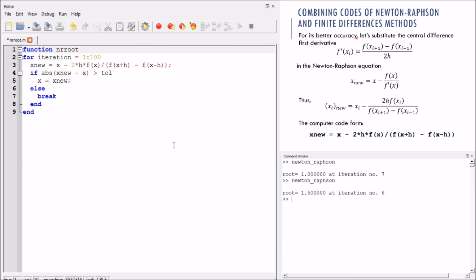And also we should define the return value, the value that will be returned to the user after he calls this function. And then we will define the function f, the x, the h, and the tolerance. That's it. Let's save this function and go to the command window and try to apply this function here. So let's say NR root,